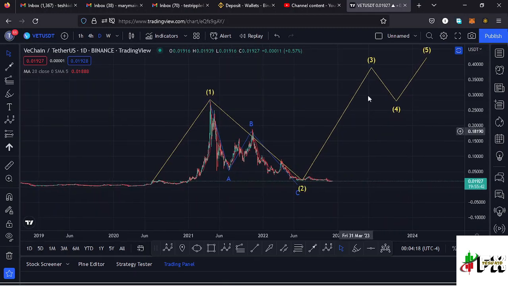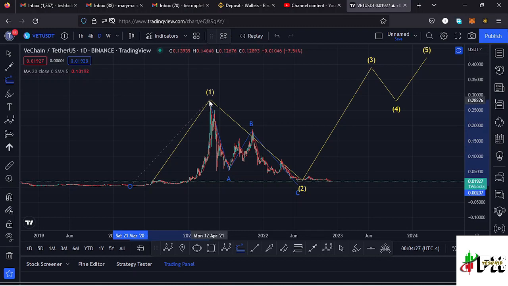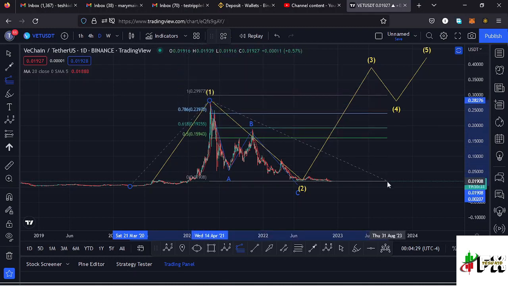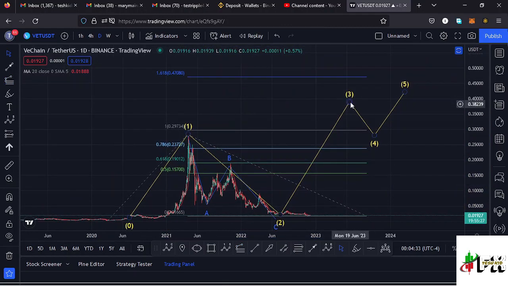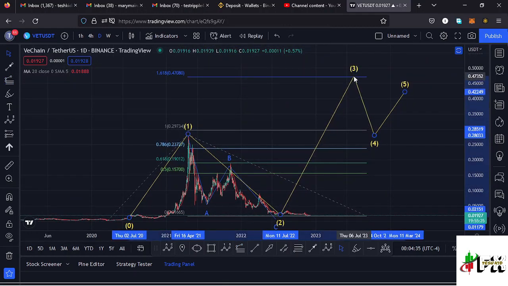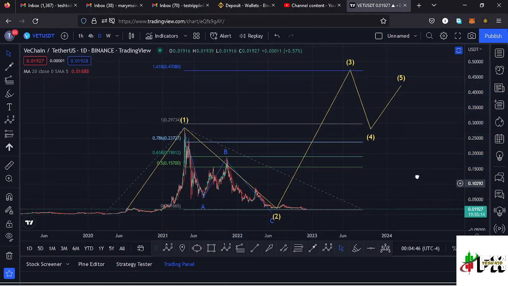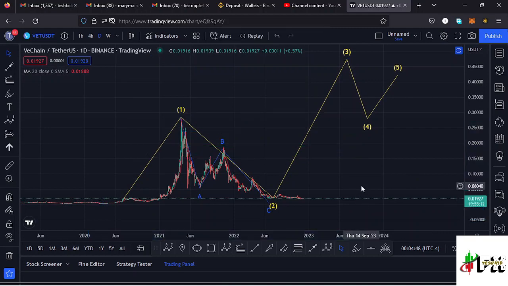Sketching out a minimum target area to the upper side in the formation of that wave 3, using the trend based Fibonacci, connecting it from the low of the first wave to the high of that wave 1, then dragging the fibs to the low of the second wave. That gives me a minimum target area to the upper side in the formation of that wave 3 at the fib level 1.618, which perfectly lies at around the $0.47 mark, and that is the minimum that I would expect Vechain to do in the next bull market. And that gives me the long-term scenario that I'm expecting to play out here on the Vechain chart.